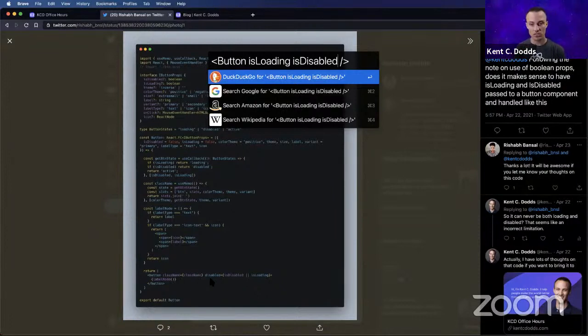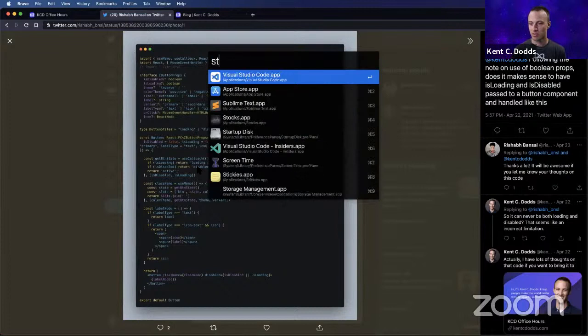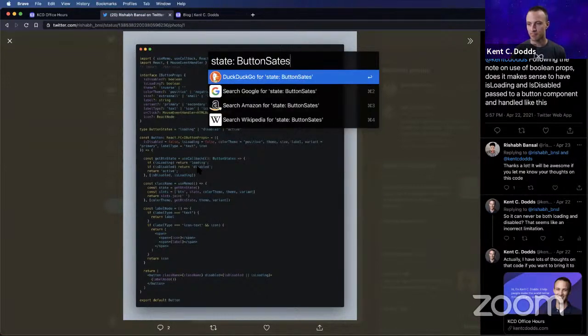Now, if these are mutually exclusive, then what you might want instead is a state, which could be loading or disabled, you know, that would be the types. So it could be loading or it could be disabled, and actually you've got it right there, button states. So your state type would be button states. And so then people would provide either loading or disabled, and they wouldn't be able to provide them both at the same time, because you don't support both at the same time as far as your implementation is concerned,